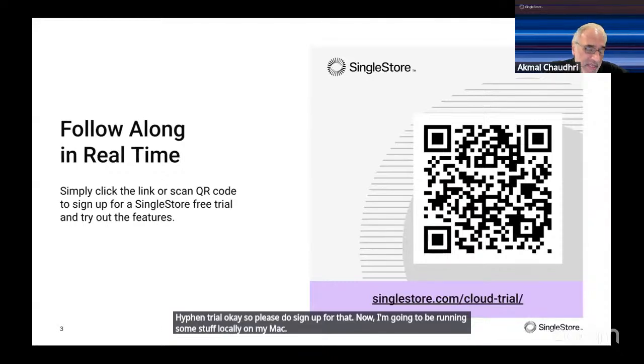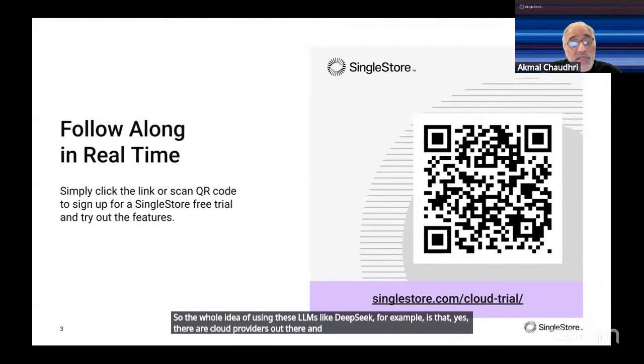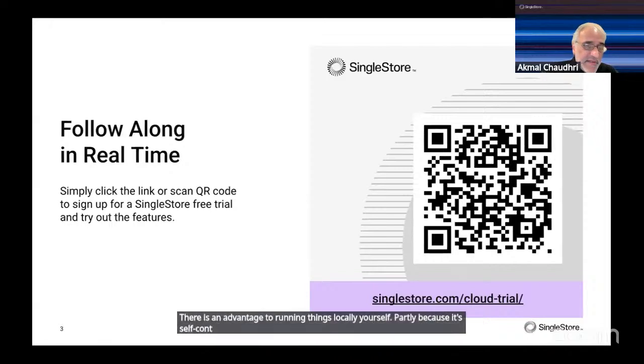So the whole idea of using these LLMs like DeepSeek, for example, is that yes, there are cloud providers out there, and actually you could do them on DeepSeek itself. Okay, you can go to the website there and register, and you could do it there, much like OpenAI and other LLM providers. However, there is an advantage to running things locally yourself, partly because it's self-contained, and that's helpful